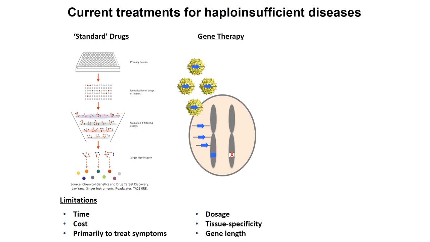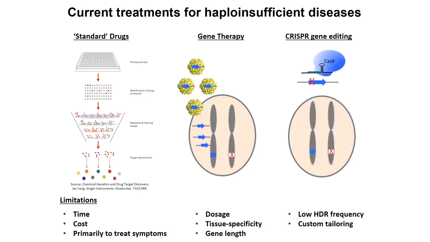The problems there could be dosage, tissue specificity, or gene length, which I'll talk about a bit later on. CRISPR could be another approach to fix these mutations. However, it's currently limited by low HDR frequency, and in addition, for every mutation, we'd have to custom tailor the approach to fix it. For example, the donor plasmid, or the guide if it's base editing, and so forth,